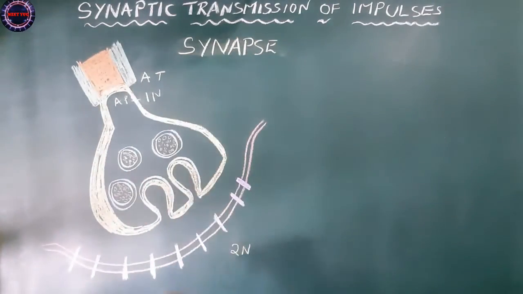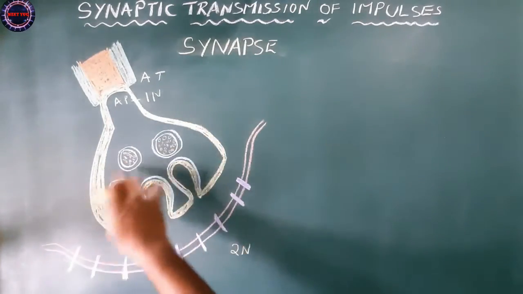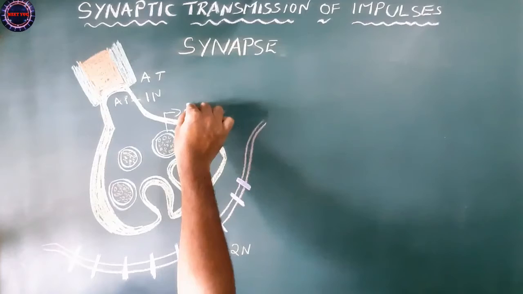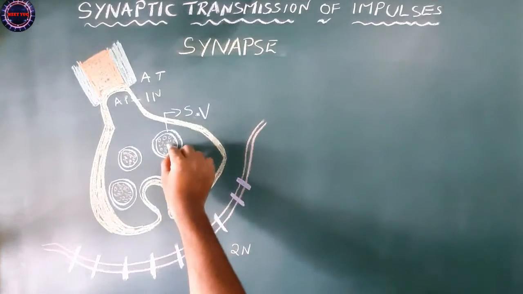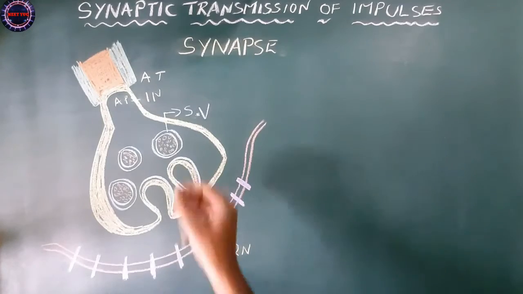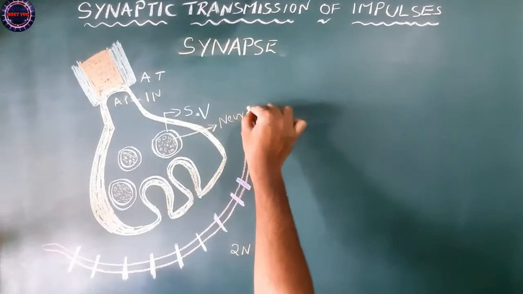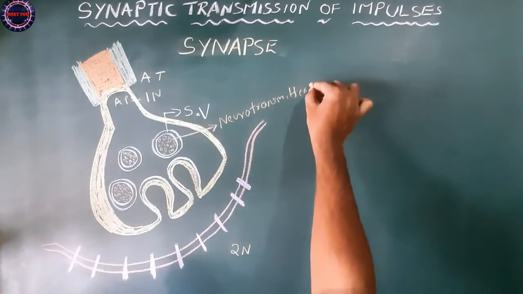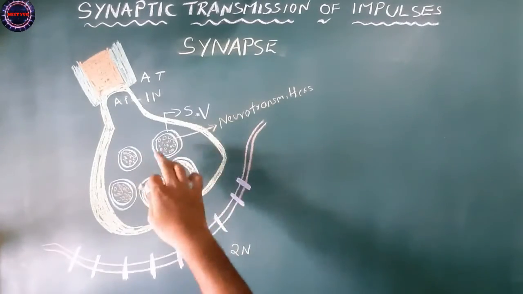The specialty of the synaptic knob is having vesicle-like structures. Vesicular structures, you could see here 1, 2, 3. We have 3 structures, and these are called synaptic vesicles, which are composed of many tiny structures. These tiny structures are called neurotransmitters. These are chemicals. For example, acetylcholine is a type of neurotransmitter. So synaptic vesicles mainly contain neurotransmitters.